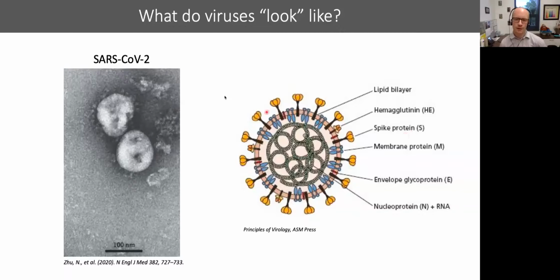On the left over here, you can see some early electron microscopy images of SARS-CoV-2 that were taken from a patient. I believe this was published in January. And you can see these spikes, if you squint a little bit, that are poking off of the virus. In some images, they create this crown around the virus. It's kind of what it looks like, hence the name coronavirus.